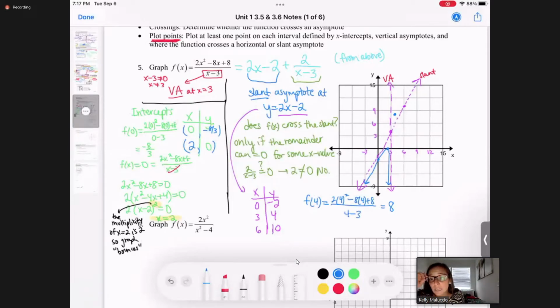So this tells me that, again, I'm not crossing my slant asymptote. Because I have a point inside this little kind of V right here, I know that my graph is just going to approach the asymptotes and curve really close to it. You can plug in more points if you're not sure. Like if we plugged in 6,